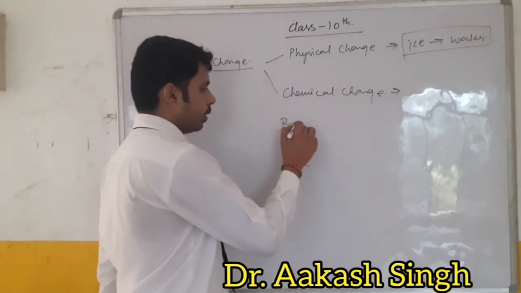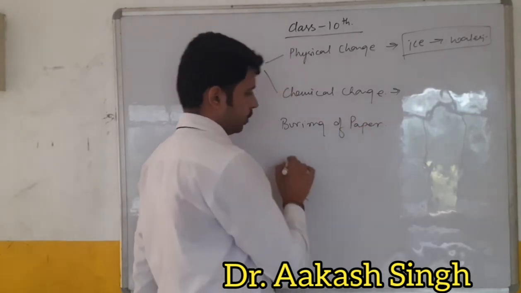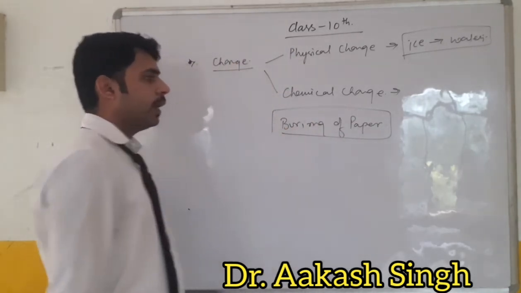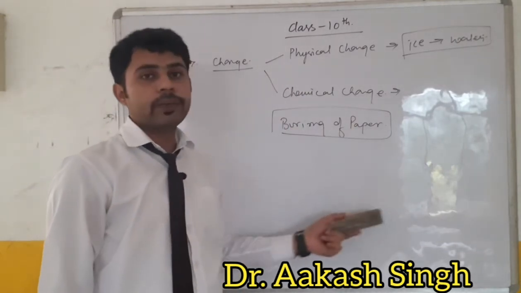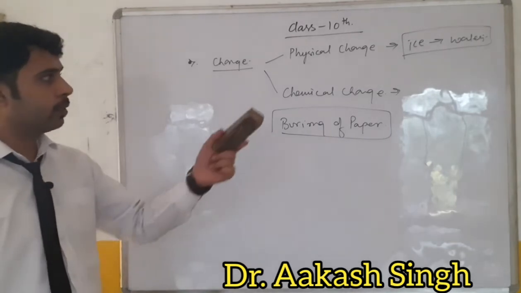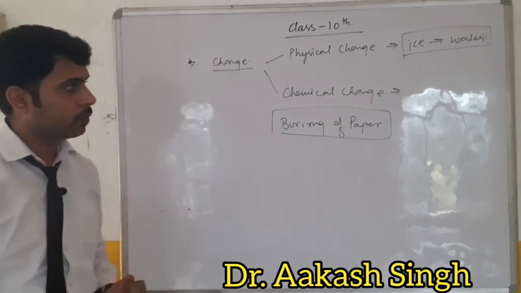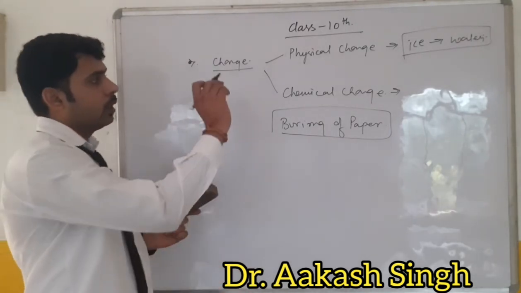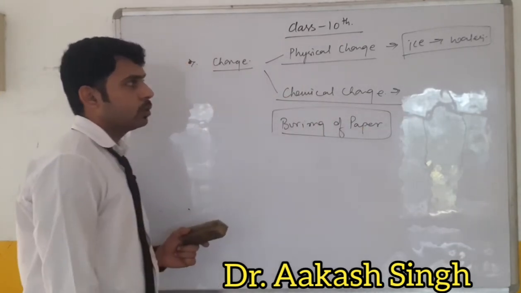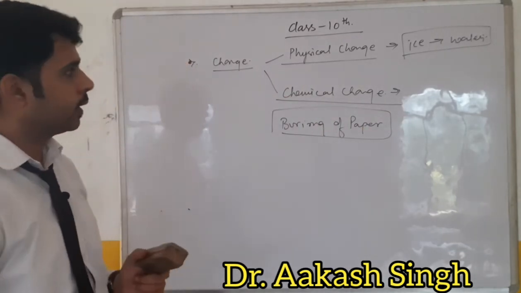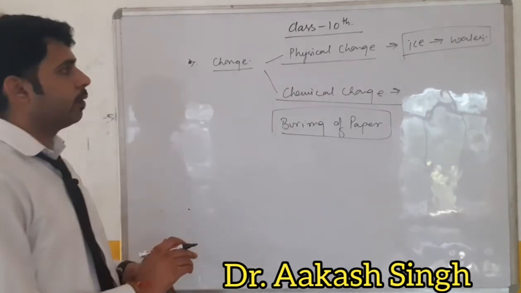but burning of a paper is a chemical change. We cannot reverse this process, which belongs to the category of chemical change, but we can easily reverse all the processes belonging to the category of physical change. So, the two changes, physical and chemical, also decide the progress of a chemical reaction in the given chemical reaction.